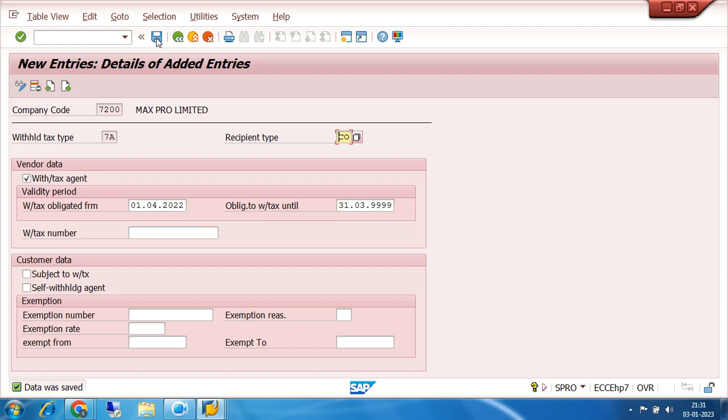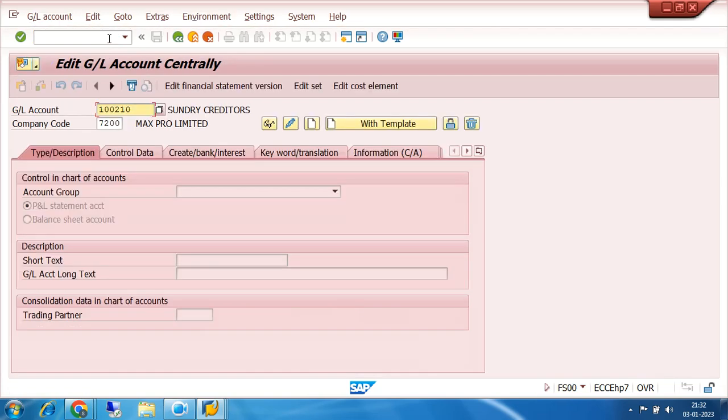Then I have to create a GL account, because previously whatever GL account I have created, that is for inventory raw material, supply of inventory raw material. Let us create another GL account for conversion charges or service charges, which normally is the area of contractors. So for service charges, that is your expenses, let us go to